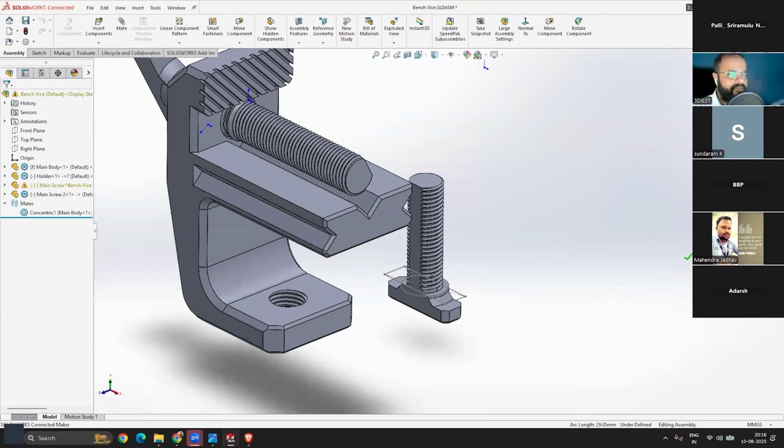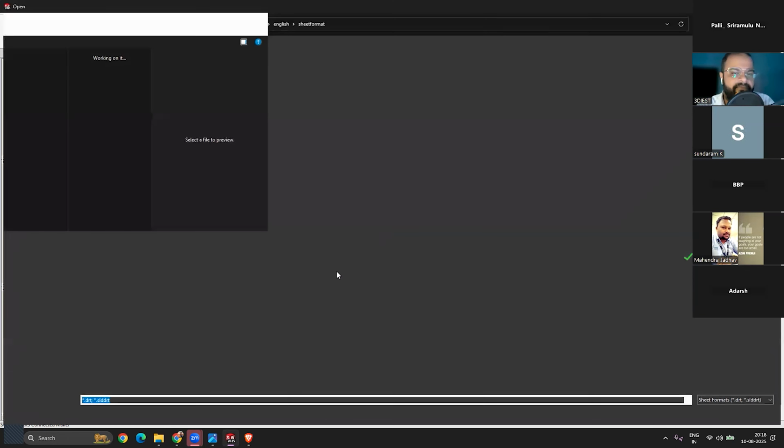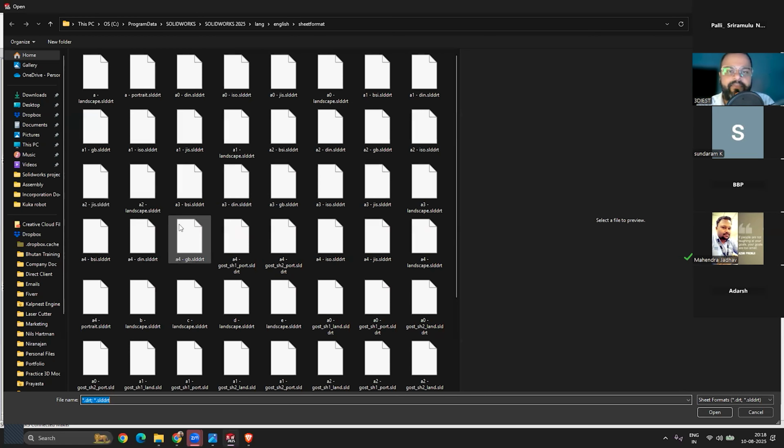Here you can see I will simply select the A3 paper size, and by default some standard drawing formats are provided by SolidWorks. So if your company, let's say you are working in ABC company, right? And if your company is using some customized SolidWorks drawing templates, then you can click on Browse, find that template and use it, right?